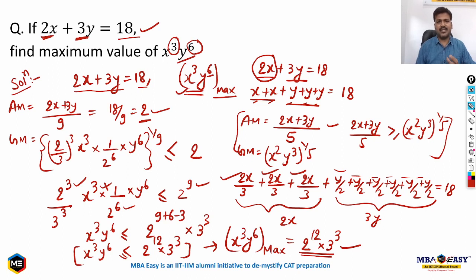So this question was based on AM-GM inequality. Remember students, AM-GM inequality is a very important concept as far as CAT goes. There are so many different ways in which questions can be asked on AM-GM inequality. We'll take some more questions later on the same idea. Hope you have understood the concept and the explanation of the question also. If you have not, then please tell me in the comment section which part you have not understood, so that I can come back and explain it through some other example in some other ways.